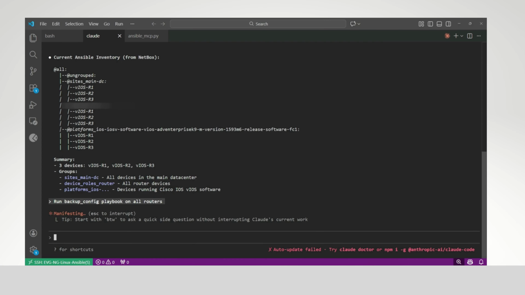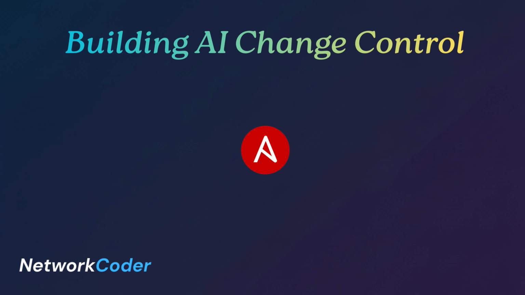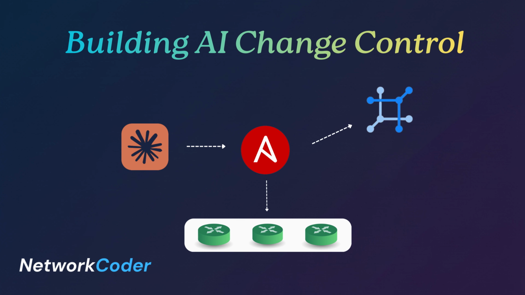Hey everyone, what if you could just say "backup all devices" and it happens? No playbook, no commands, no inventory lookup. Just ask. This is exactly what we're building today. We're connecting Ansible directly to our AI agents. It pulls a live inventory from Netbox, picks up the right playbook, and pushes the configuration to our devices, all